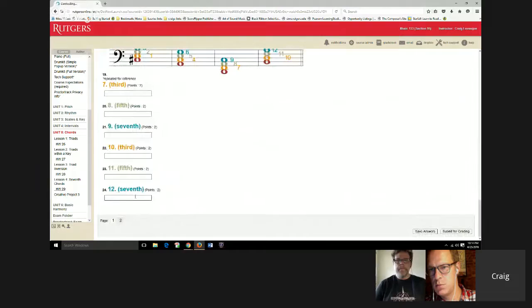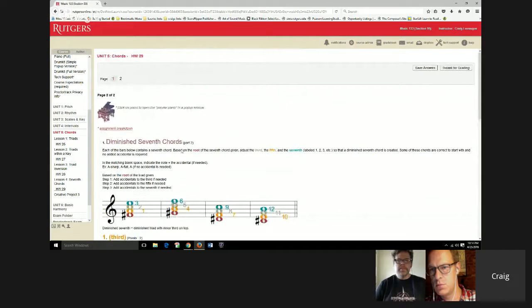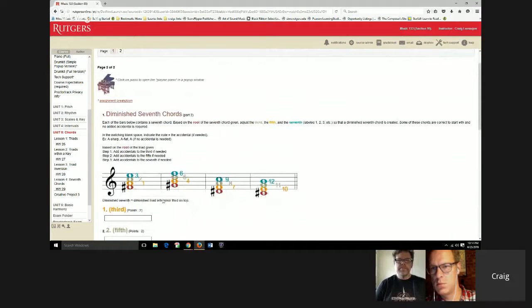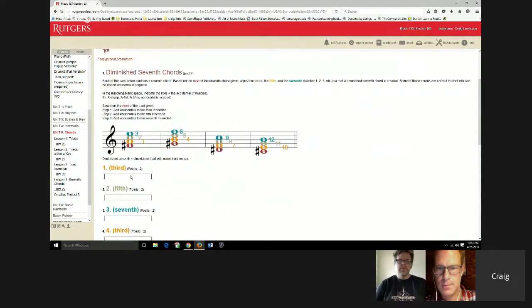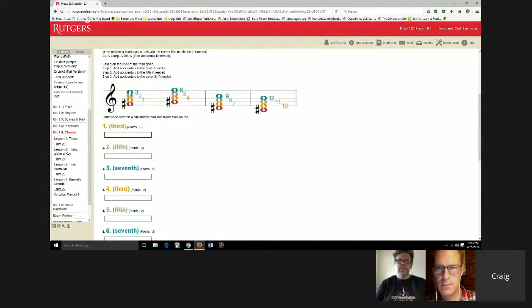The second page is fully diminished seventh chords, I believe. Yes, so a diminished triad with a minor third on top, that's going to make these all minor thirds. But it's the same basic exercise. You count up 3 and you alter the A. In this case, it's an A natural. 3 more gets you to C natural. And then 3 more on top of that would get you to E flat. So the only accidental needed in this particular exercise would be an E flat or a flat on the seventh